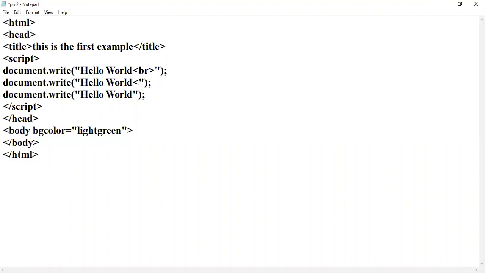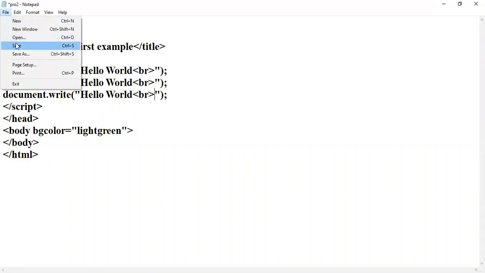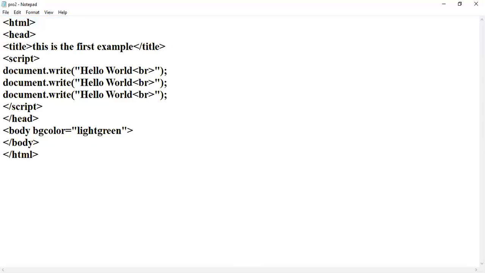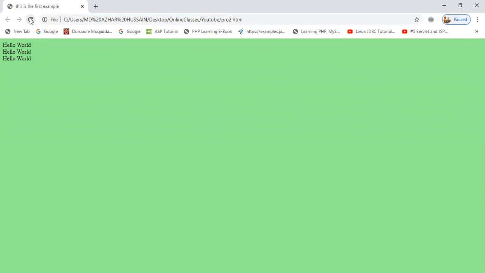We should follow the proper method like this. Now I'm saving this program, going to the browser again, and refreshing the page. See, I got the output in 3 different lines.